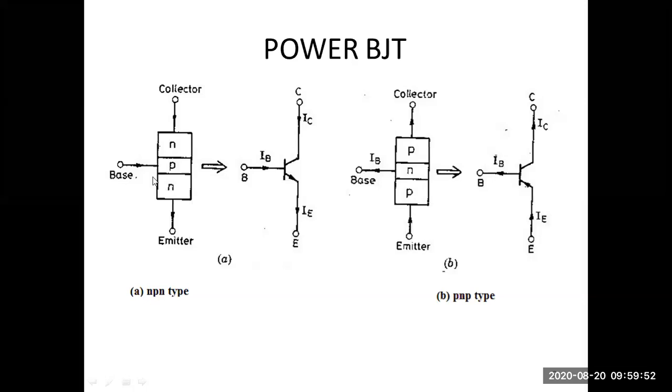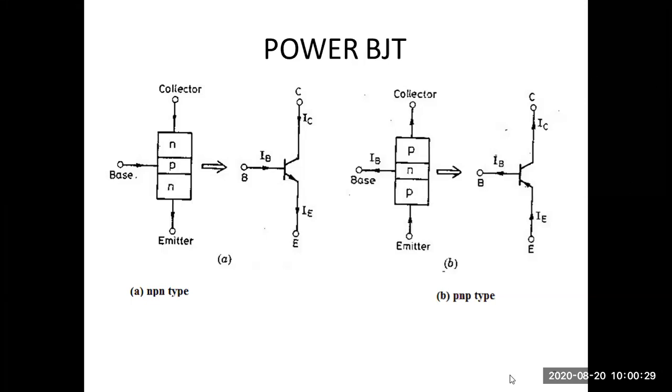And their respective currents: for the base it is the base current, for the collector terminal it is the collector current, and for the emitter terminal it is the emitter current. That is a bipolar junction transistor. We can prefer either NPN or PNP, but mostly we prefer the NPN configuration, that is the CE configuration. In major applications they prefer CE, so we are not bothered about the other configurations.